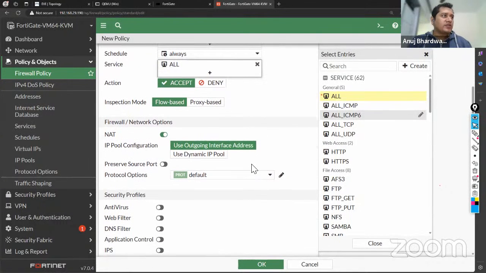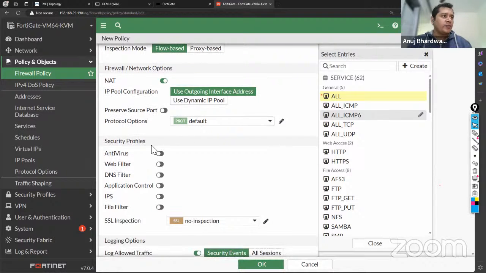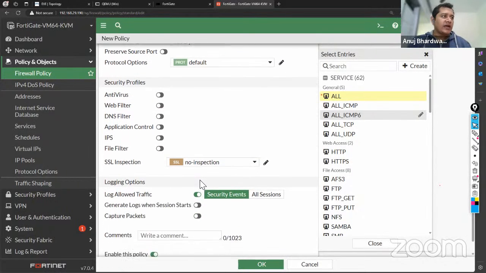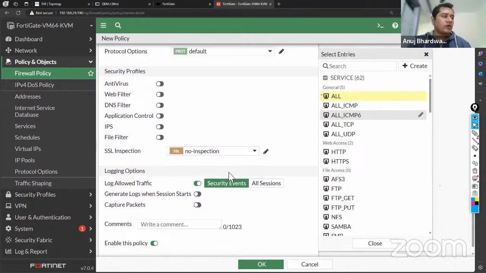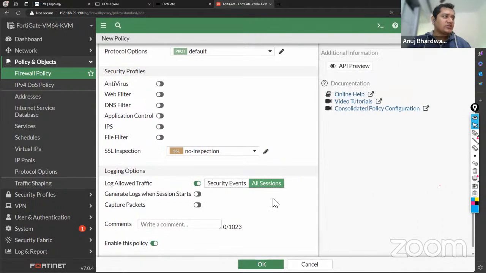And that's it. NAT, because if I want to use the internet, NAT must be enabled, and I'll be using the outgoing interface to go to the internet. Antivirus profile, as of now, I have just disabled it. Do not enable. Log all the sessions,